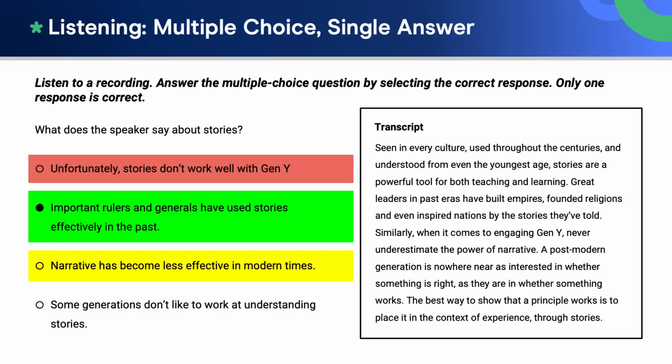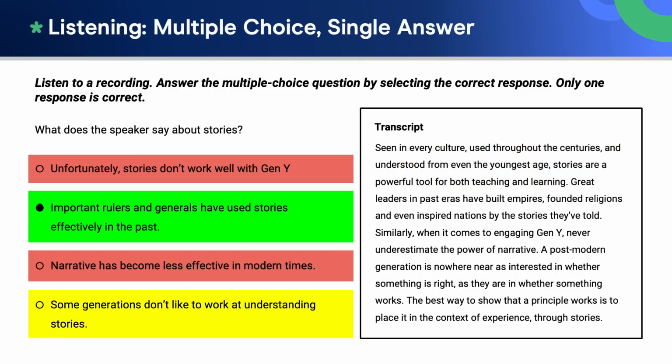the other options. The third option is, narrative has become less effective in modern times. Well, the first sentence in this audio says something very different. It says, seen in every culture, used throughout the centuries, and understood from even the youngest age, stories are a powerful tool for both teaching and learning. The meaning here is that stories were and still are effective. This option is incorrect. So, the last option relies on your vocabulary skills and you listening to the context of